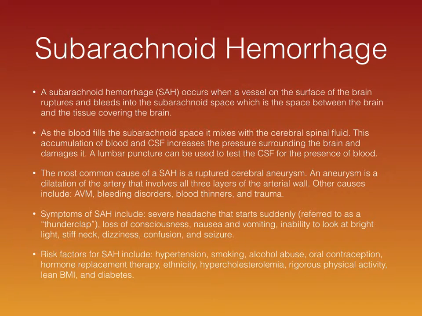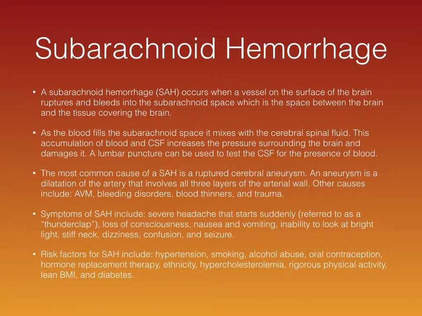The most common cause of a subarachnoid hemorrhage is a ruptured cerebral aneurysm. An aneurysm is a dilatation of the artery that involves all three layers of the arterial wall, and other causes include AVM, arteriovenous malformation, bleeding disorders, blood thinners, and trauma. Symptoms include severe headache that starts suddenly, loss of consciousness, nausea, vomiting, inability to look at bright light, stiff neck,